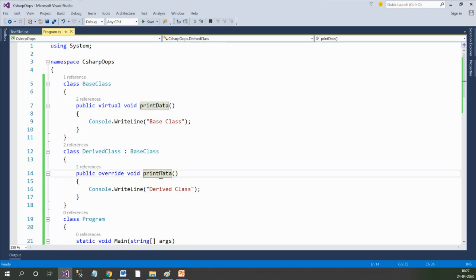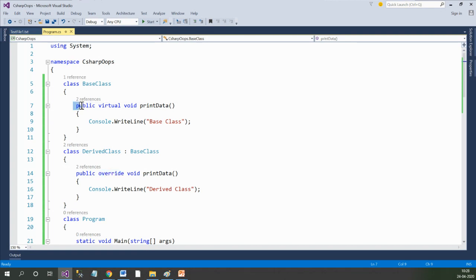That is what the definition of virtual and override says. If you have the same method in the base class and you want the method to be used in the derived class but with some different implementation, then you need to write that method with virtual within the base class, and then within the derived class you need to override it.